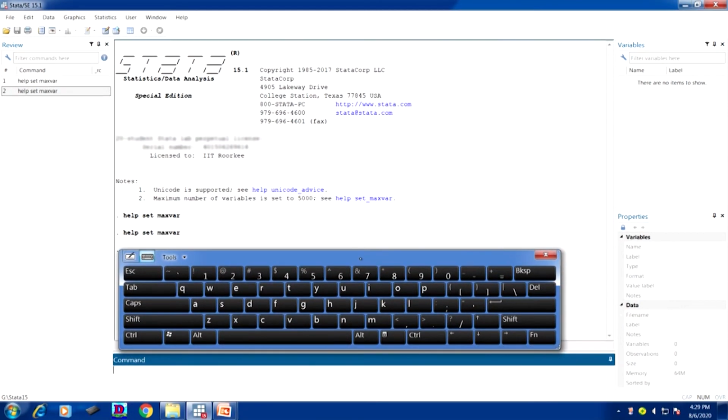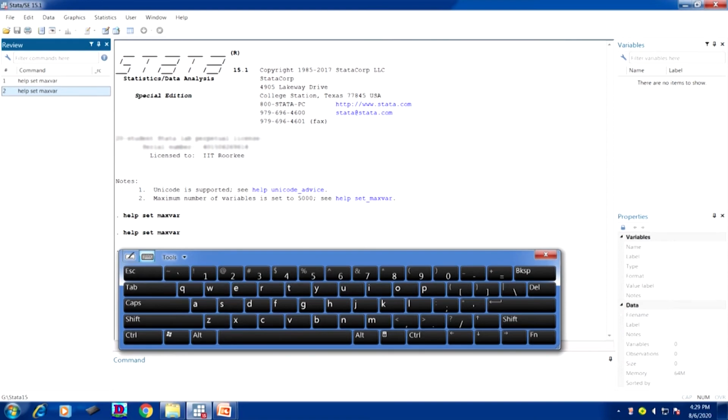You can just have a look. Control, then tab. Okay. So, tab, now review is being popped up, control then tab, now variables is being popped up. Then tab is actually showing your properties.